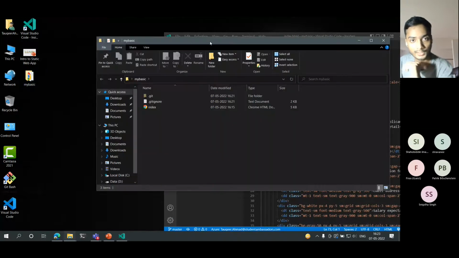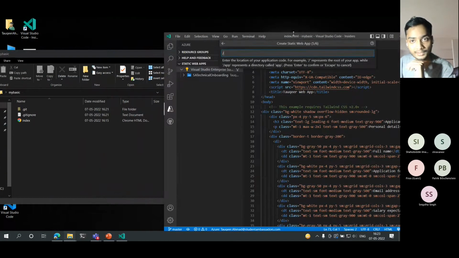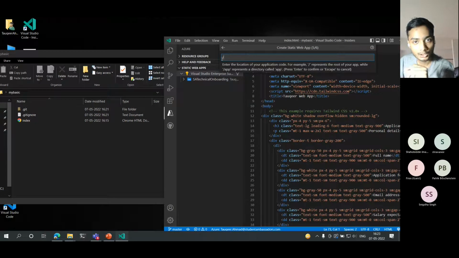This was my folder, right? It is asking, hey Tokir, where is your index file? Where is the file or application which will be presented over the internet? I shall say, okay, this is the root where you are asking for it.